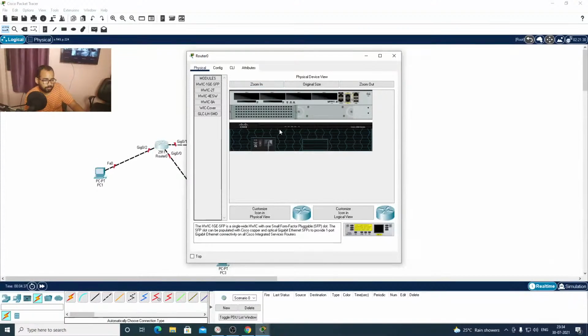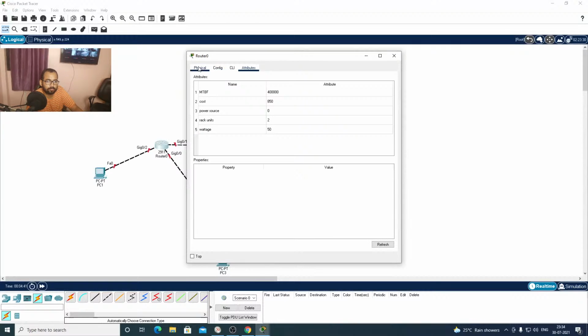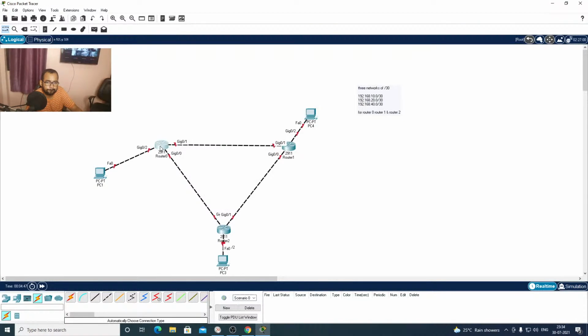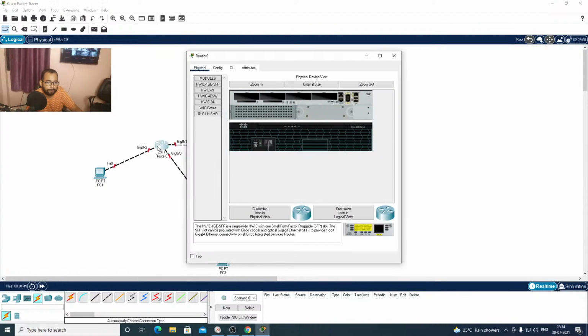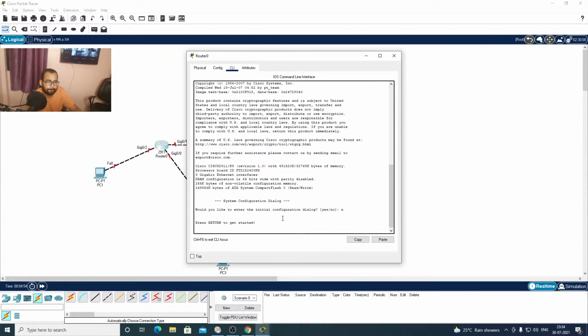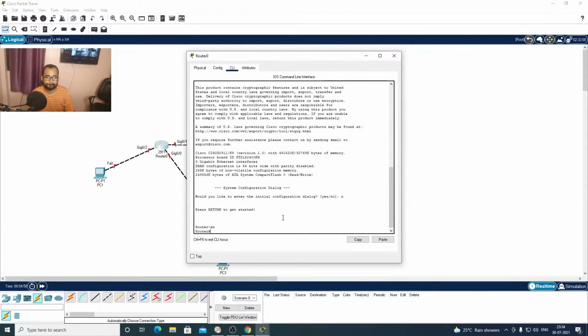Now we'll start each router. I will select the interface on which we want to configure the IP addresses.